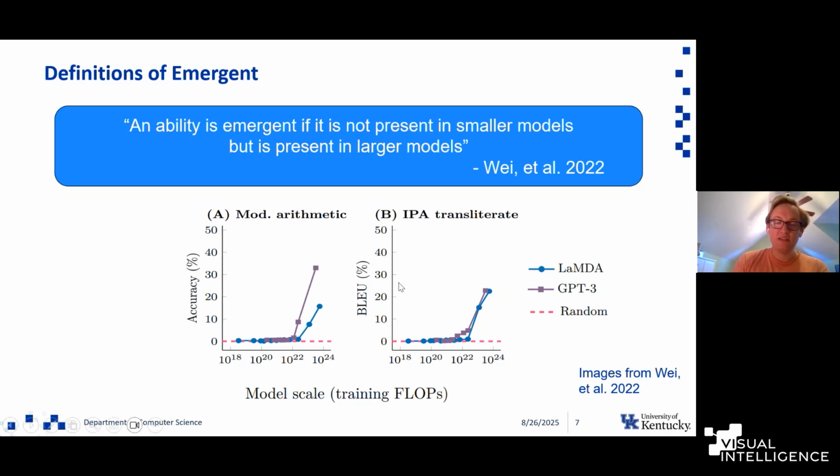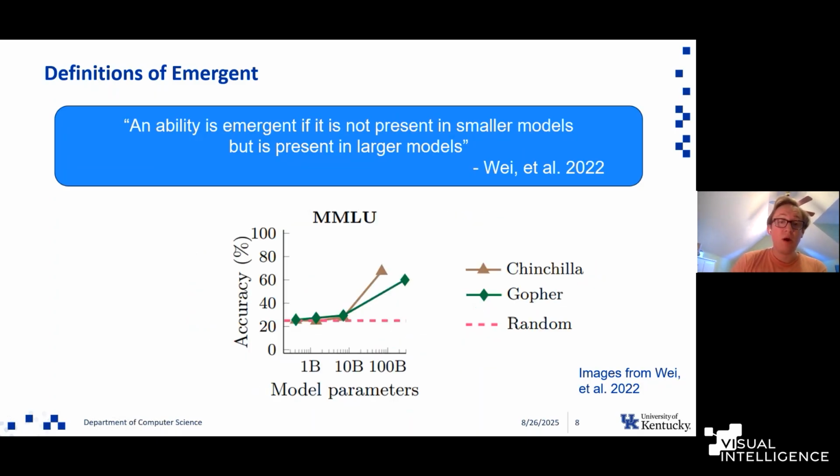We can also see this not just with training flops, which is one way to measure scale. We can also see it with model parameters. Just imagine that we're scaling up the model, adding more layers or wider layers, and we'll see a similar jump as we are increasing the number of parameters. We see that with the Chinchilla and Gopher models here. As we 10x the parameters from 1 billion to 10 billion, it's still about the same, but 10xing from 10 billion to 100 billion, there's a sudden jump, and a pretty substantial jump on the MMLU benchmark tasks here.